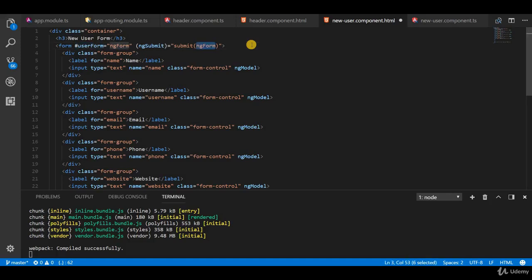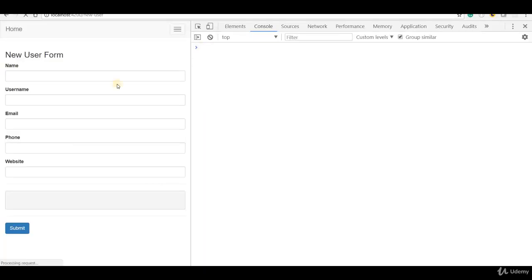What we can do instead is pass this ngForm directive as a value to the userForm, and then when we send the userForm and submit it,